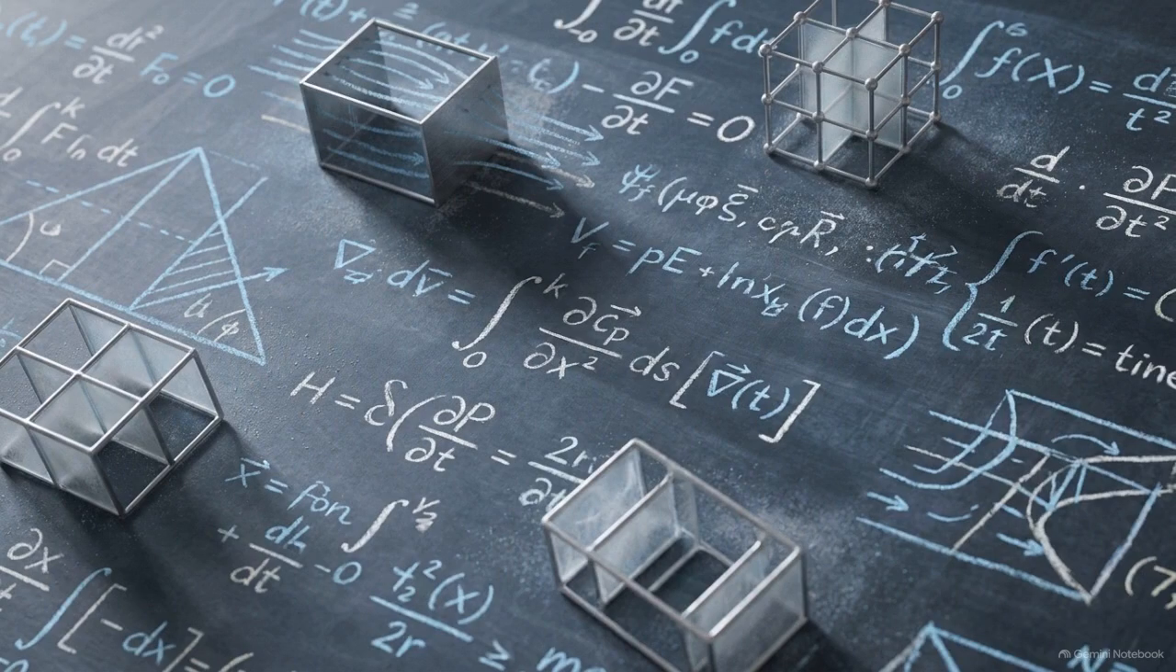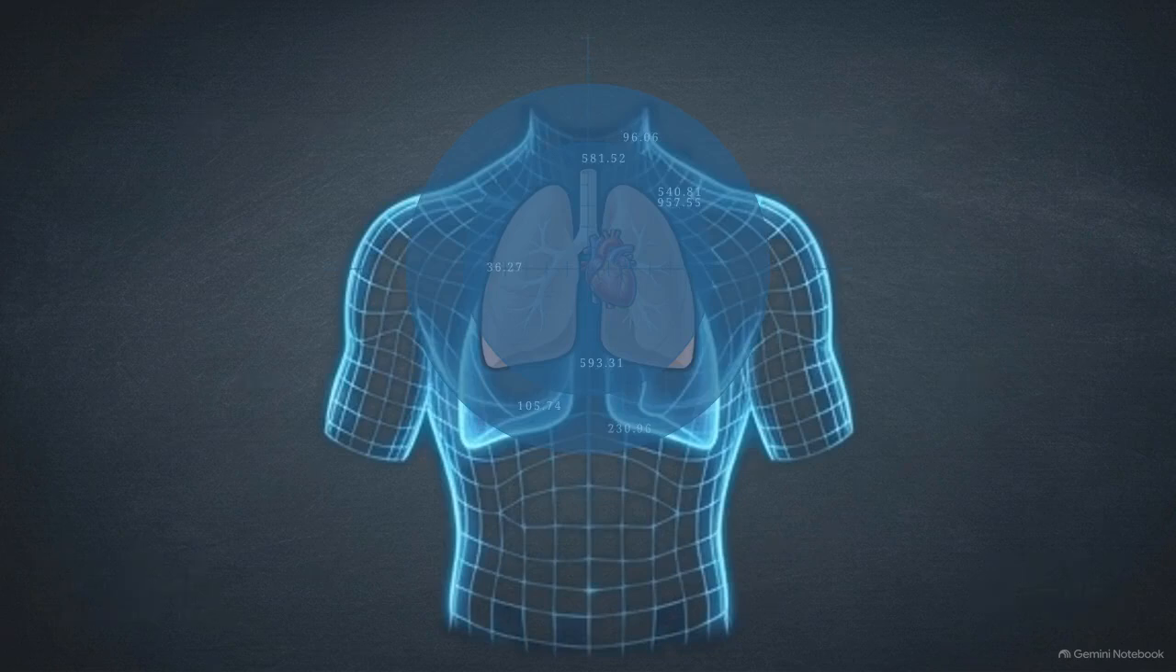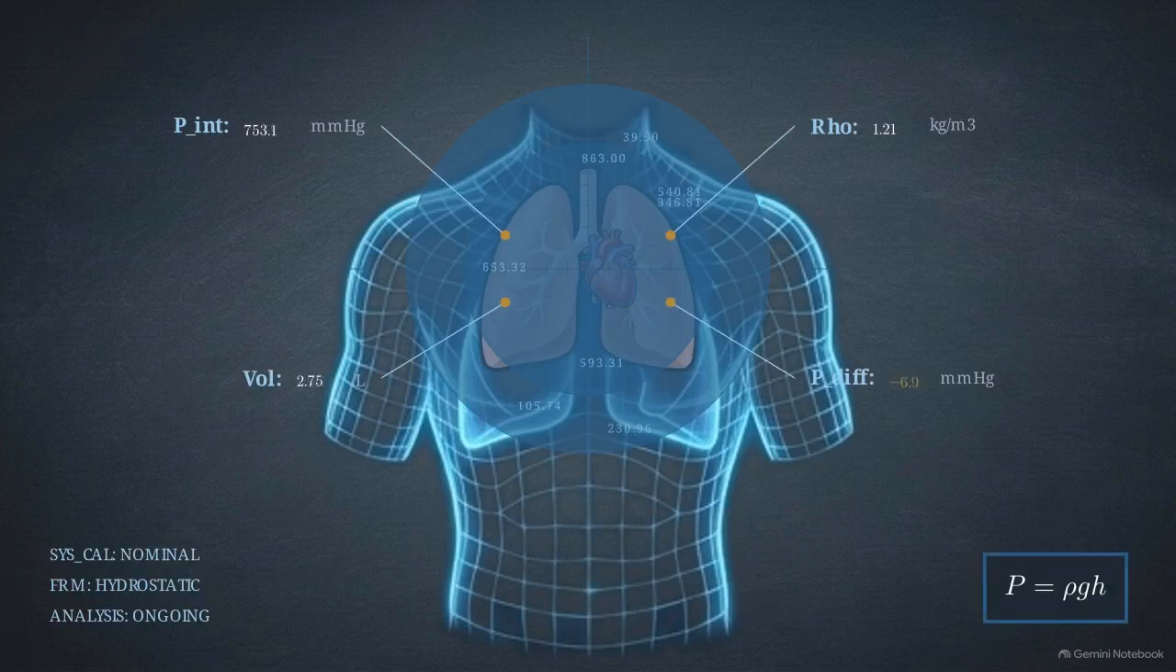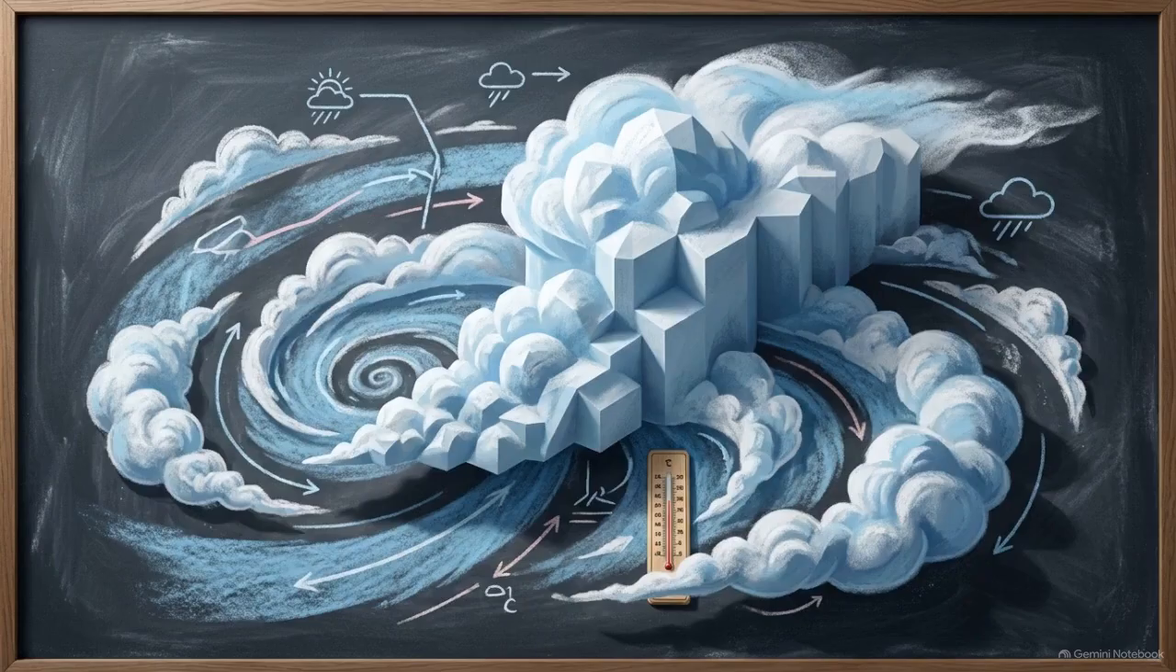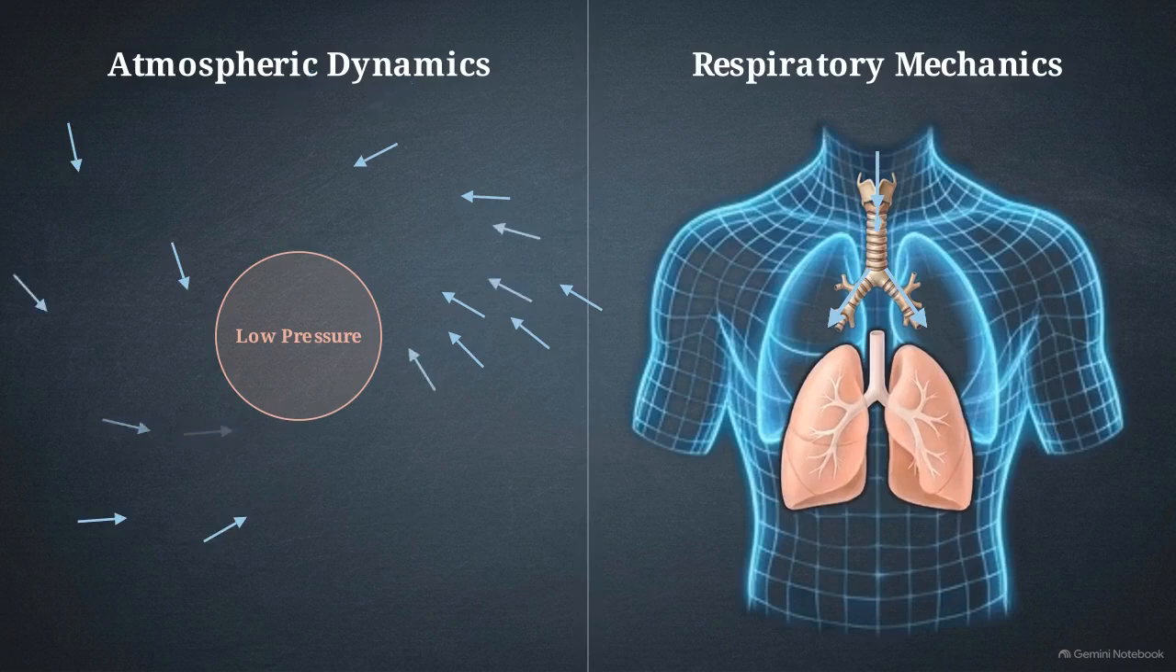Measuring this invisible weight requires a mathematical model that accounts for fluid density and gravitational force. Once established, this framework allows us to calculate the specific physiological limits of the human body, such as the maximum depth from which we can draw water through a straw. The same laws of fluid statics that govern the movement of the open atmosphere also dictate the internal mechanics of